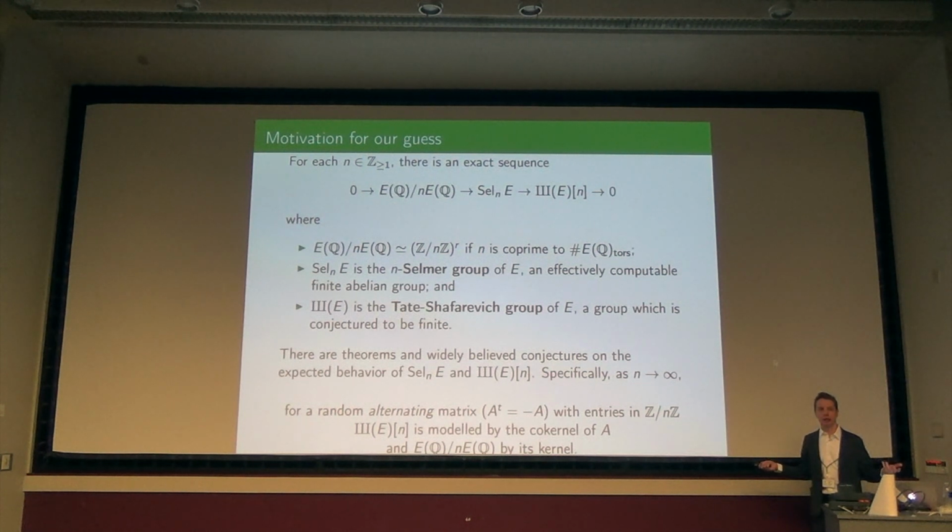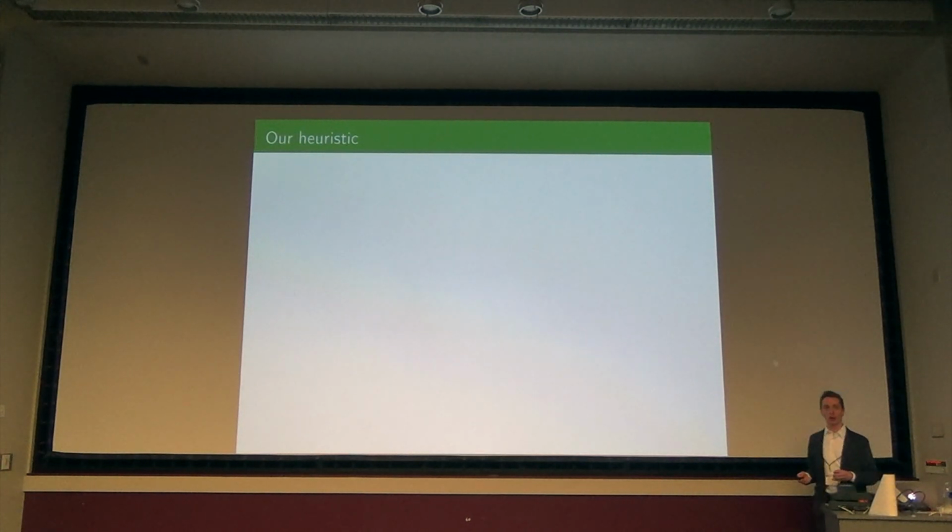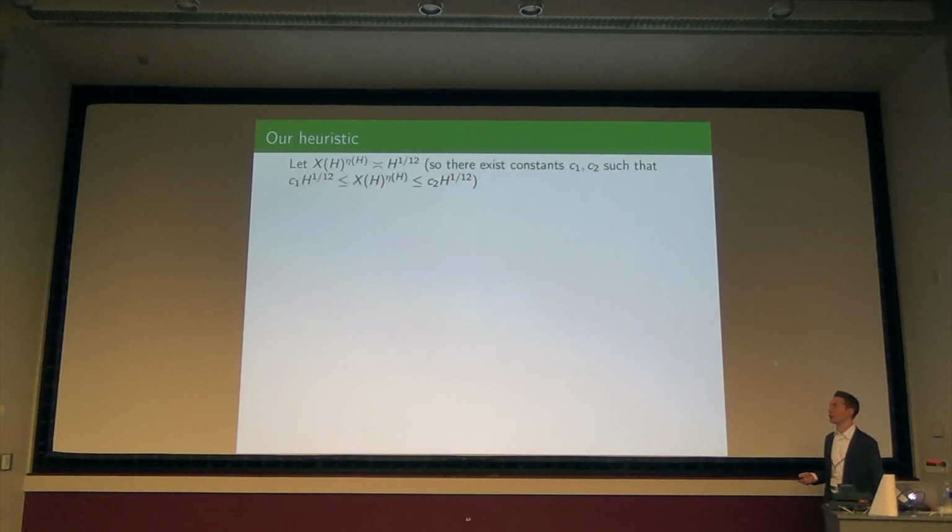That's the moment where we make a leap from something where there are theorems over Z mod NZ, in a compatible way, to something over Z. Okay, and now you can relax your brain again. So here is an explicit description of our heuristic. It's supposed to be compatible with known structural properties of elliptic curves.